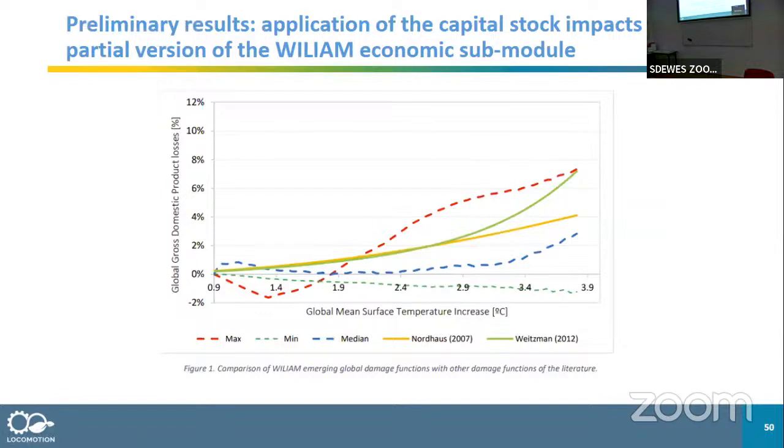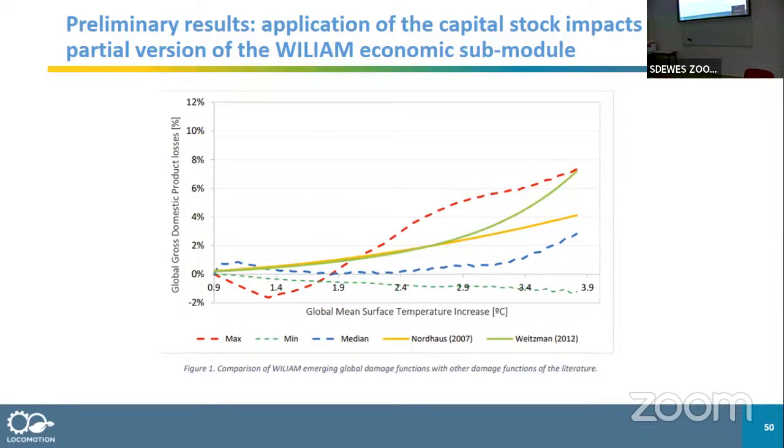It's okay. No. So some preliminary results we have. Doing the modeling like this, traditional damage functions can emerge because we can observe final effects on GDP since everything is connected. Capital stock affects production, and on the basis of production we calculate GDP. So what we have observed, which is preliminary results, but I think it's interesting. You have here the different